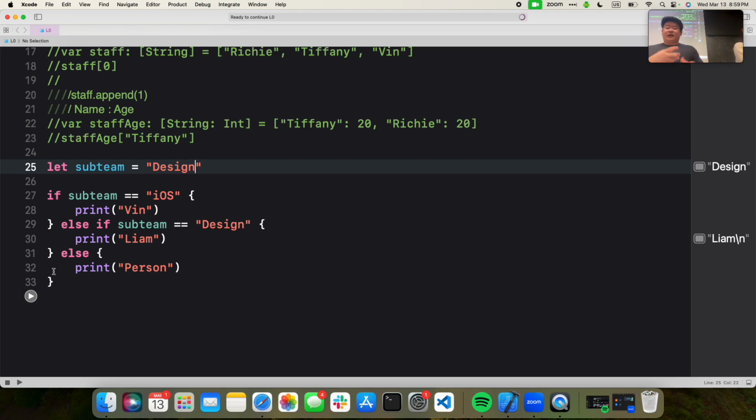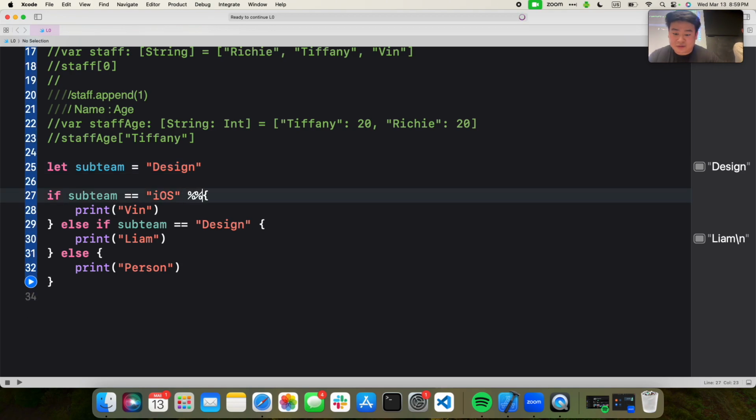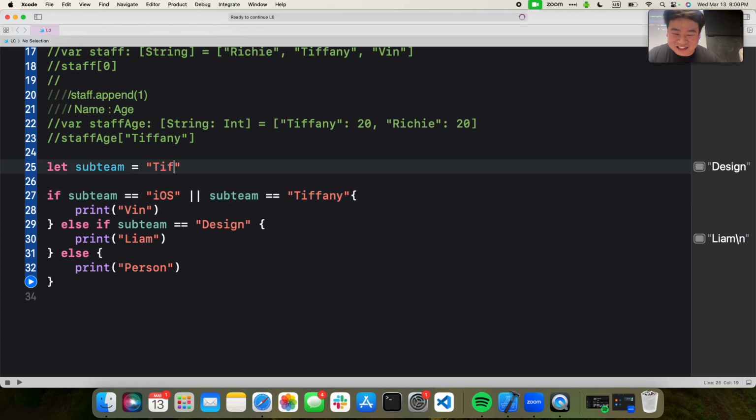So, you could chain a lot of these. You can add multiple conditions as well. If you want to add a different condition, we can add an or statement. Let's say Tiffany, which is also on iOS. Then we could also have the condition where if subteam is Vin, sorry, you know what, that'll work. The logic doesn't really make sense. But if you make subteam Tiffany, also print Vin in this case, because you can chain your conditionals